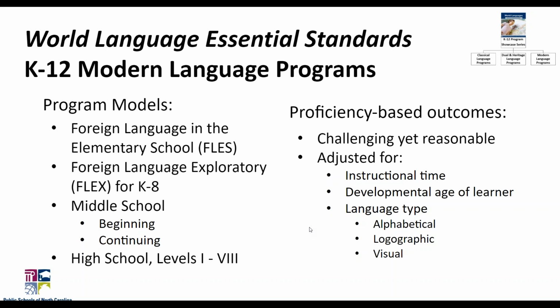If, for example, you have a native English-speaking student studying French or German or Arabic that are all alphabetic languages, the transfer of skills is a little bit easier than it is when they are studying a logographic language. So it takes them a little bit longer, especially to develop reading and writing skills in a logographic language, because they're dealing with a totally different type of writing system that they have to learn how to understand. With visual languages, again, you're dealing with signs as opposed to an alphabet or symbols. And so it adjusts the time that students develop proficiency when they're studying that language.